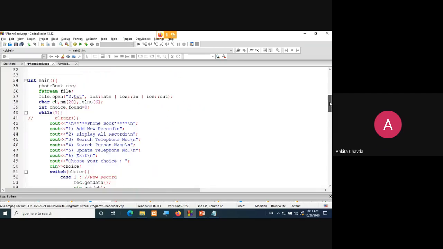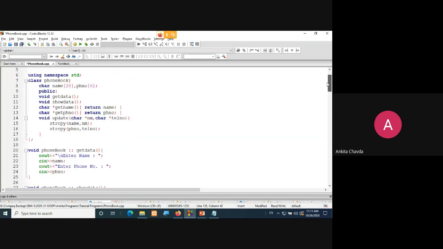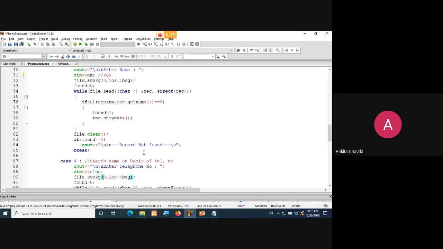This function we have made over here, we have written it: void update, char pointer name and char pointer telephone number. So whatsoever name the user has entered was already there in nm. Say suppose I have entered XYZ as the name, and now the telephone number is 456. These too will be fed into this update function and it will be copied exactly and modified.